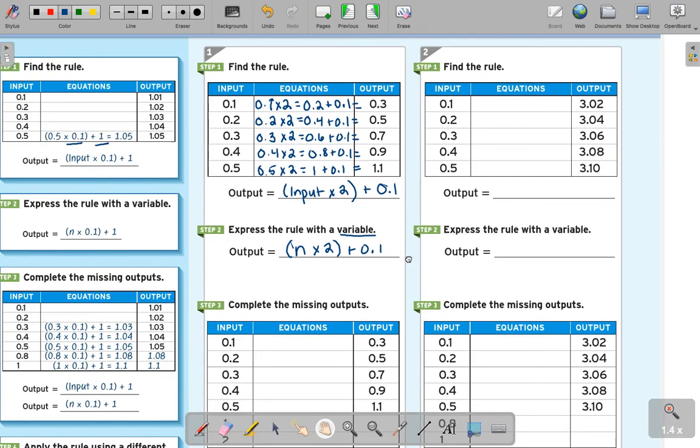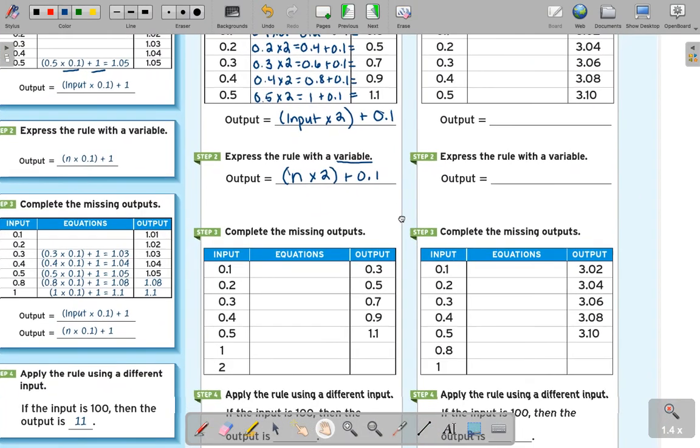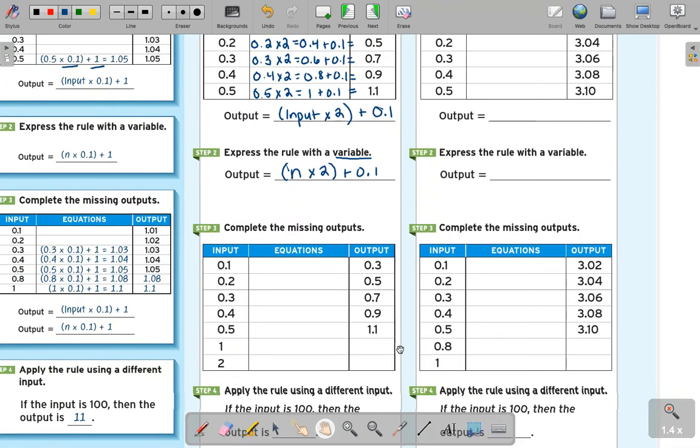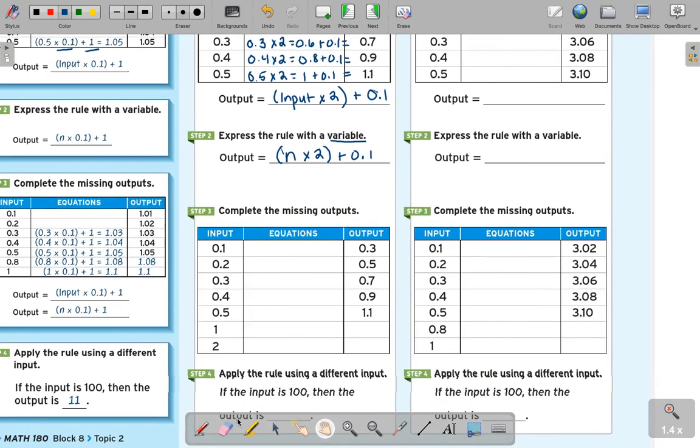So now I'm going to take that rule and see that it works with that word in my top chart. I'm going to come down to step 3, and this one, this one, this one, this one, and this one were all up above, but one wasn't, and I don't have an output. So I'm going to use this new rule, n times 2, get the answer, plus 1/10 to find my answers here. So I'm going to take 1, my input, times 2,